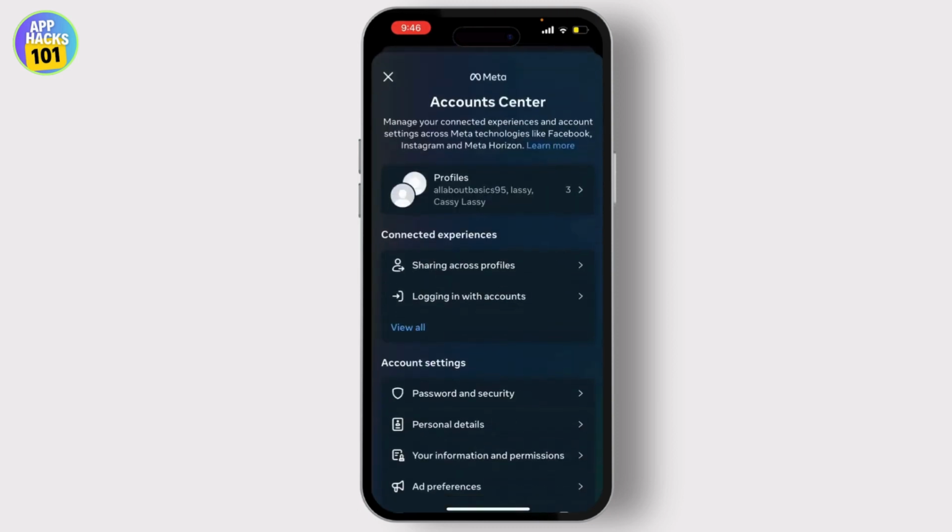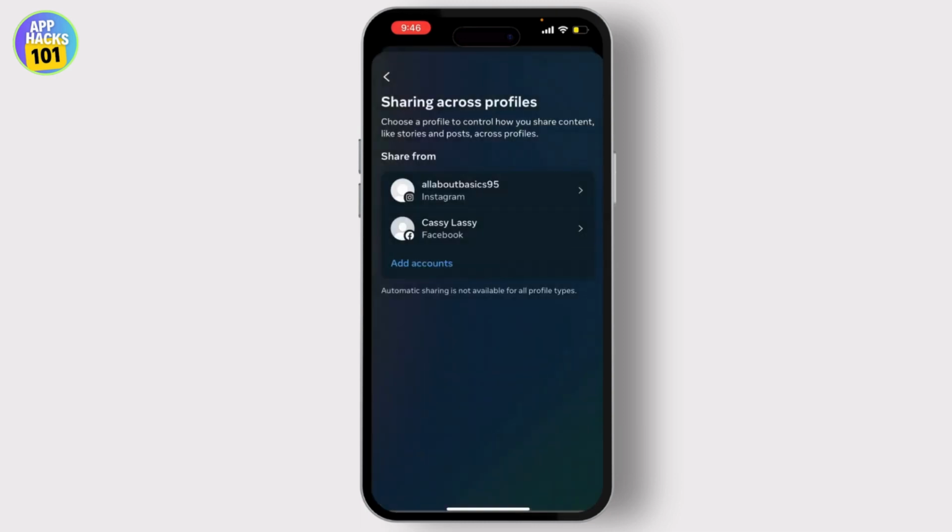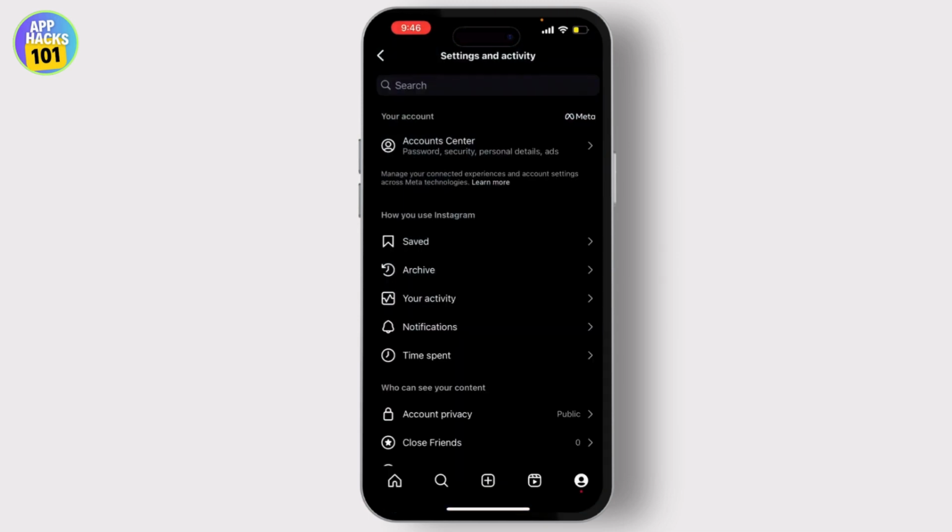From here, go to the account center and click on the sharing across profiles. And here you can see I have already added my Facebook. By simply clicking on add accounts, you can add the other account as well. Now what you need to do is, once you have added other Facebook or another Instagram application, go back to